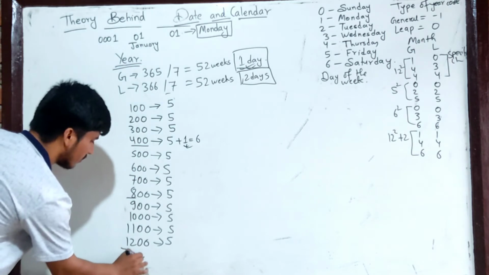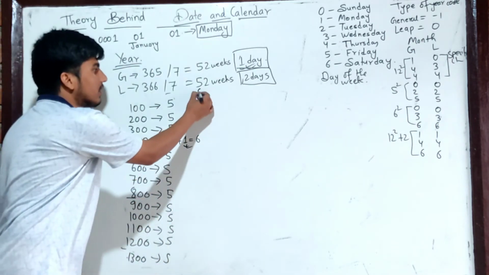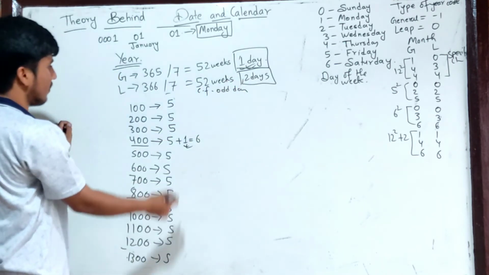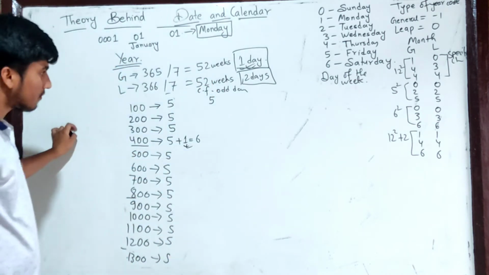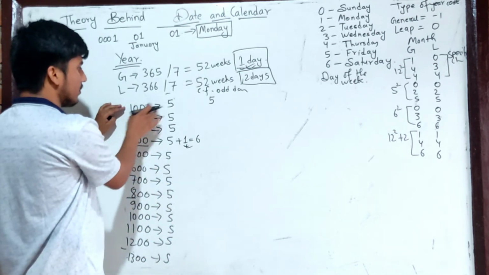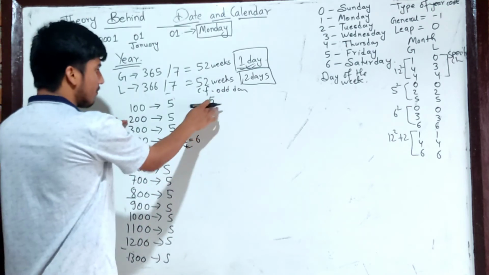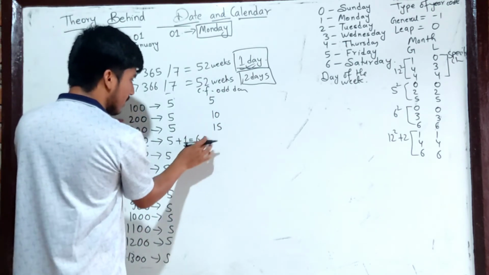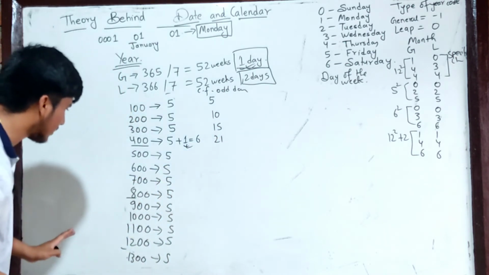And at 1300 we will have another 5. Now if we again find the cumulative frequency of odd days, then we can see here 5. So for 100 years we have 5 odd days. Now in 200 years, 5 plus 5 gives us 10. Similarly 15, then 15 plus 6 is 21, and we have ignored a fact here for now,